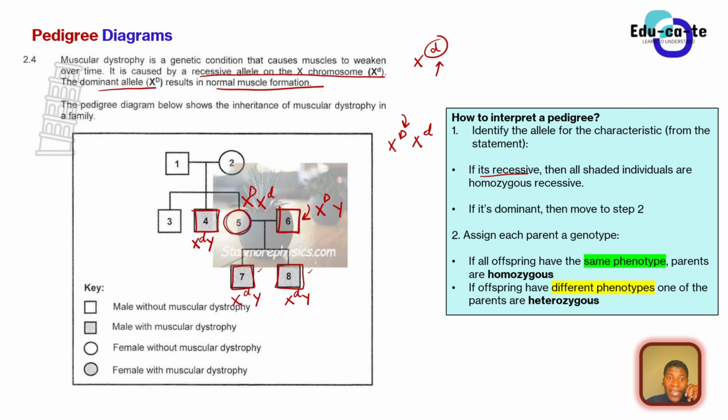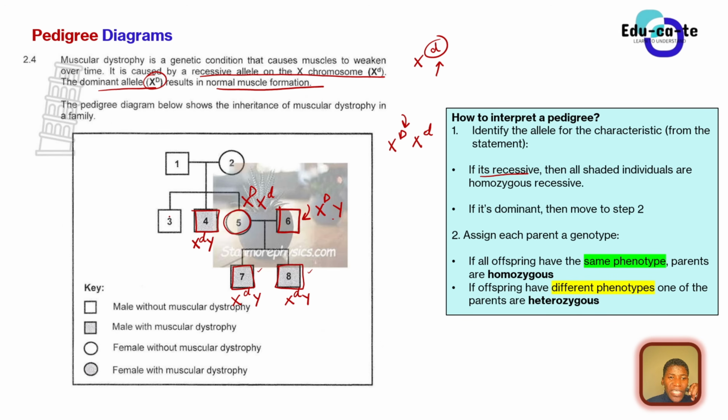So she is a normal female, individual 5, the mother of 7 and 8. But we can see from her sons that the sons have got an X chromosome that has got a small letter d, the recessive allele, resulting in this condition of muscular dystrophy. The only way that this has happened is that individuals 7 and 8 got that allele from their mother, which is number 5. There is no other way, because the father has got XY and the father is normal, so he must have X with a capital letter D. Okay, I hope that I'm understood here.